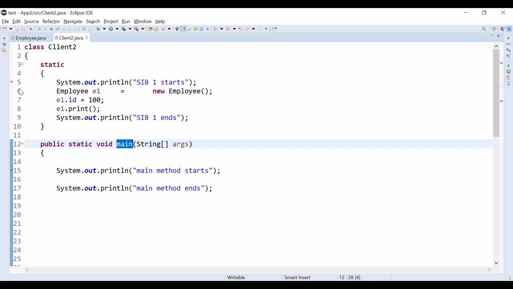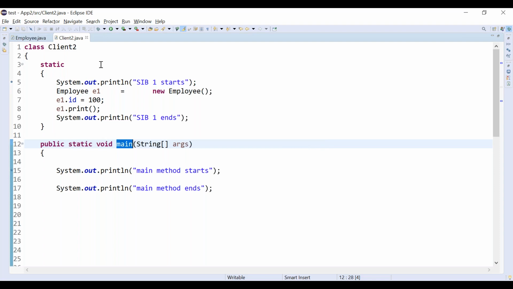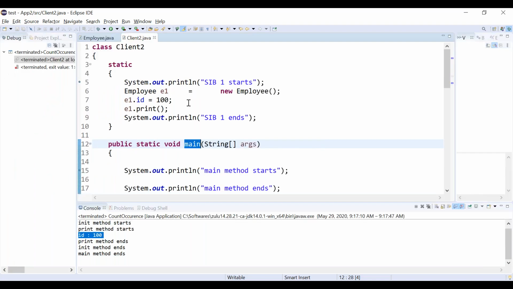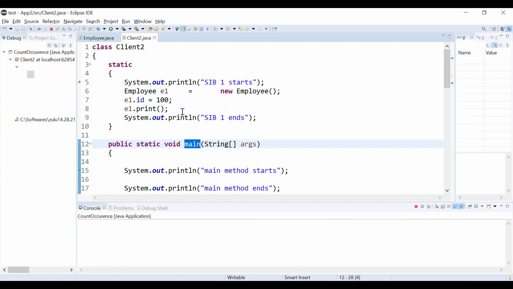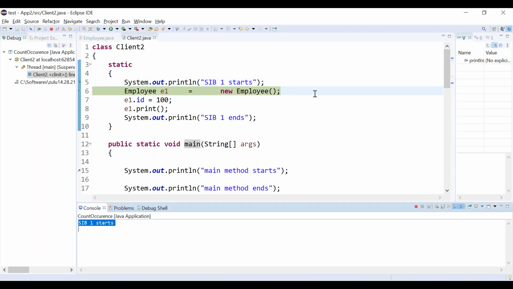Correct? So let's put it in debug mode. Before the main method executes, static blocks will be executed, right? Let's run it. Main method comes last. First it will check, is there a static block? If yes, it will execute the static block first. See here, we are getting SIB1 starts.